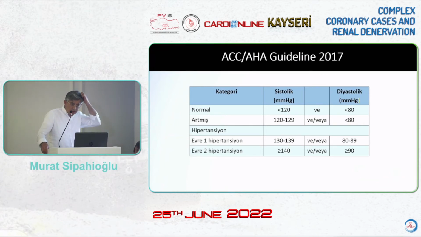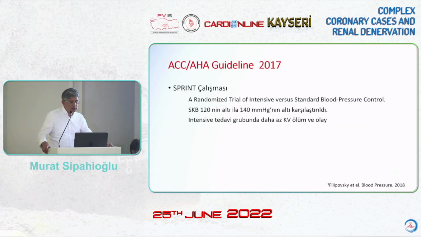The hypertension definition was updated in 2017 by the American Cardiology Society, and the limit was decreased, and for hypertension 130 systole and diastole was around 80, but this is a very claiming terminology. In SPRINT study,